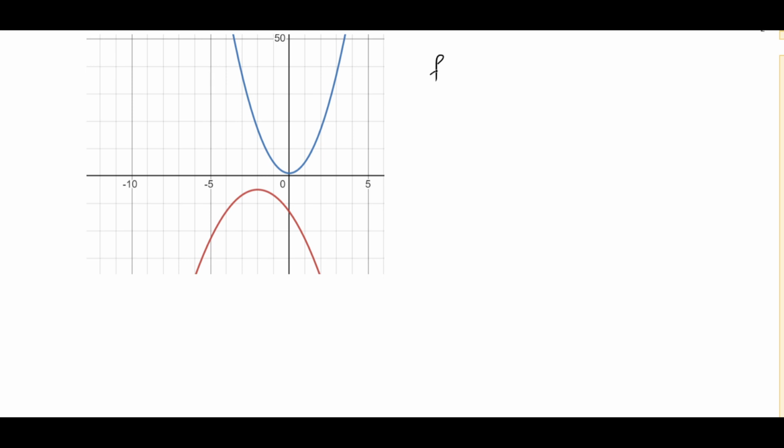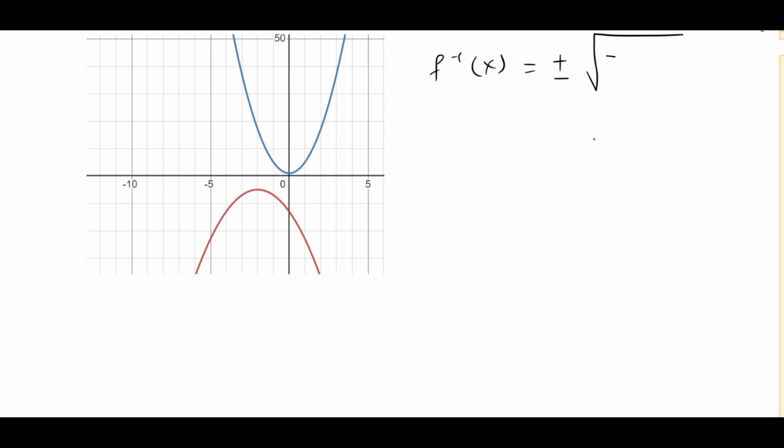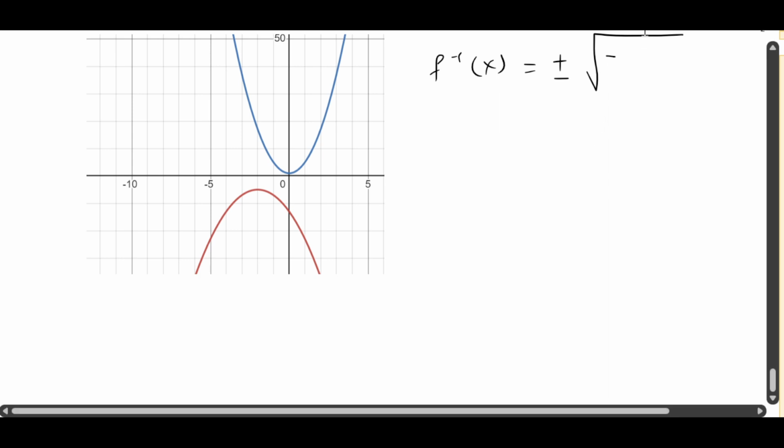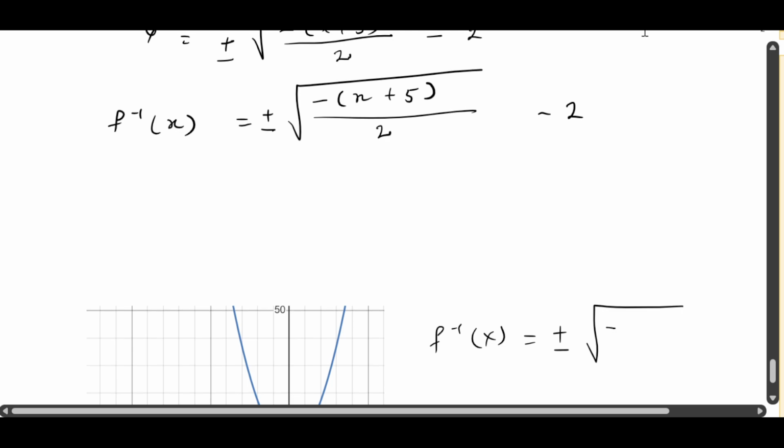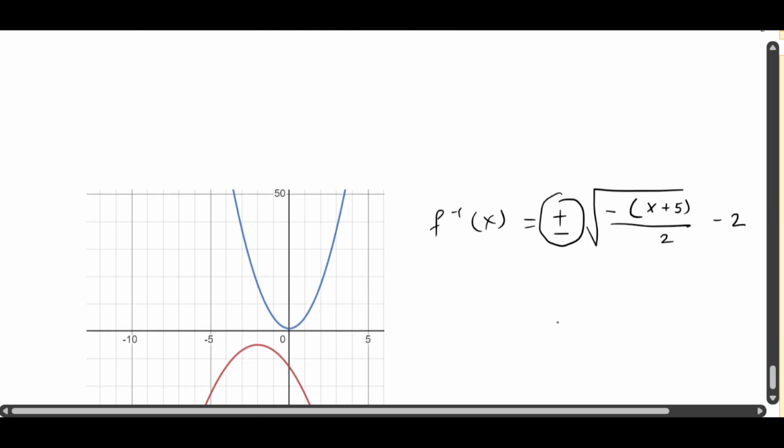We are saying that f inverse of x is equal to plus or minus square root of minus (x plus 5) divided by 2, minus 2. Okay, now we have to decide whether it should be minus or plus,